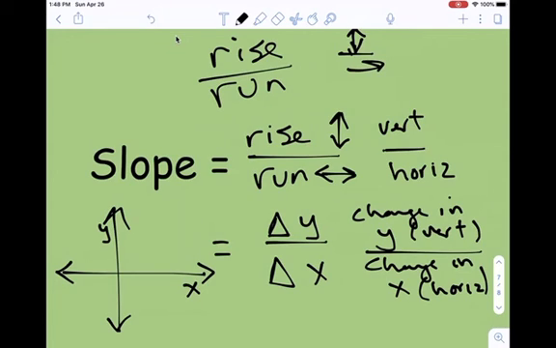All right, slope is a numerical way for anybody to describe how quickly or slowly and in what direction something rises. Okay, so hopefully that helps a little bit with what we're doing next, and I will see you shortly,